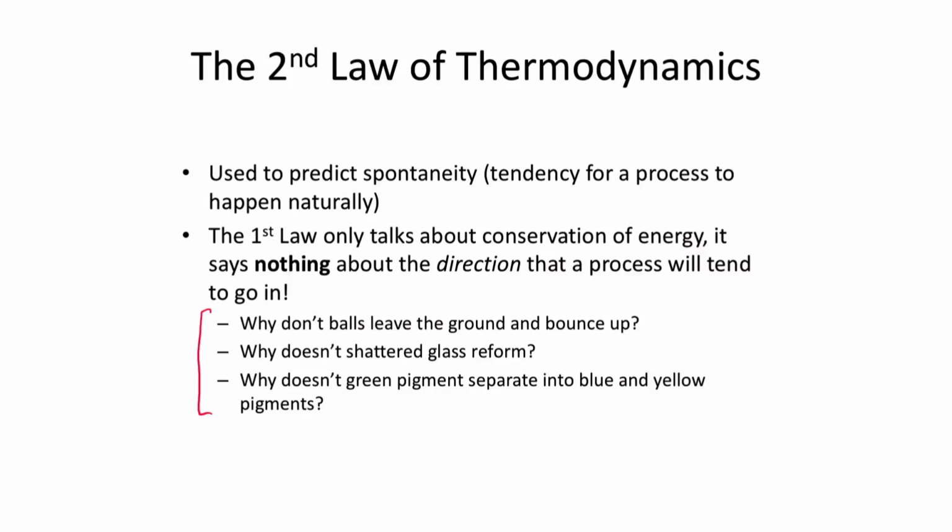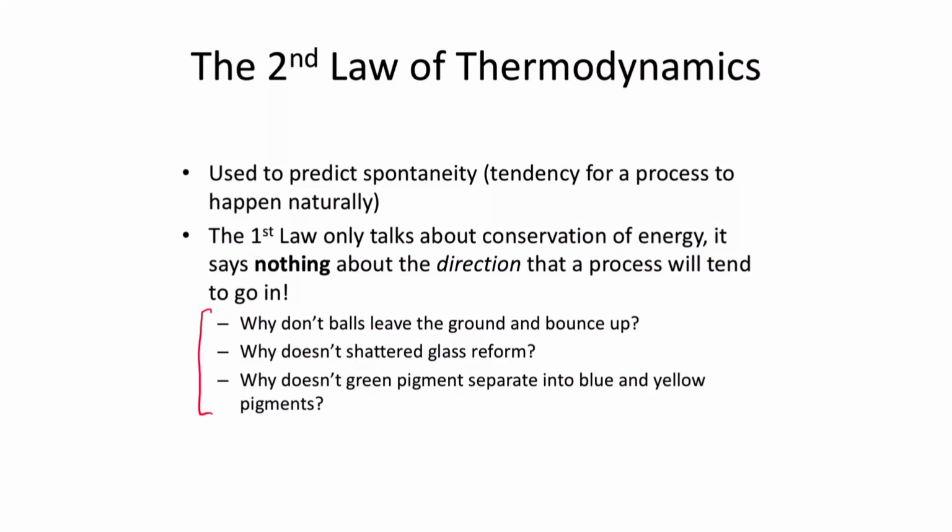So here are some examples of things that you've probably come across in your daily lives that you may not have thought of in terms of thermodynamics. If the only thing we had going for us was the first law, everything would be reversible. You can go backwards just as easily as you can go forwards. But you may have noticed that there are certain things in life that only seem to go in one direction. So for example, if you take a ball and you drop it, it'll bounce. But you never see a ball that's on the ground spontaneously go up and hit you in the